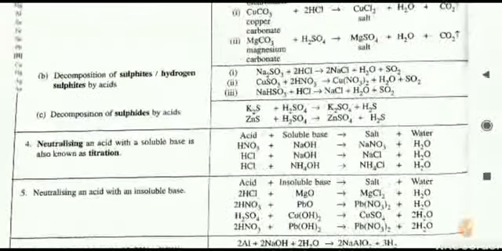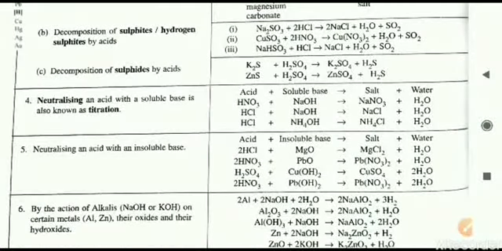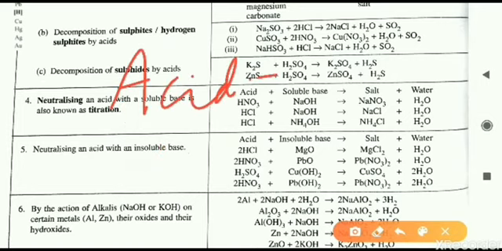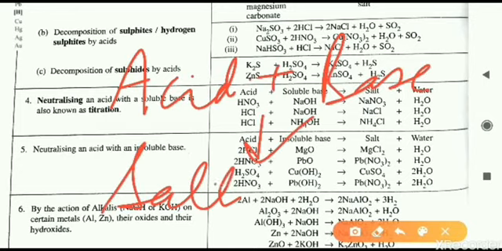Next, now we have the neutralization reaction. Points number 4 and 5 are both neutralization reactions, but this neutralization reaction is also divided into two parts. That is why they have given them separately. Let us understand this neutralization reaction. We have already been learning: acid plus base. Any acid reacting with a base gives salt and water. That is how salt can be prepared.